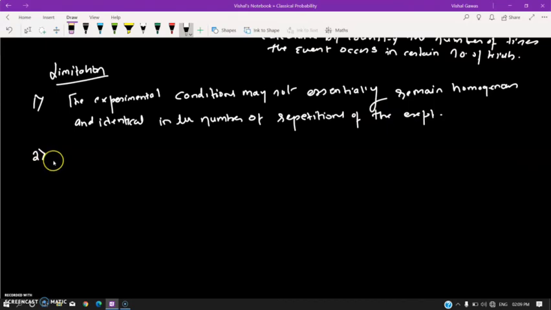Second one would be the frequency m by n, the relative